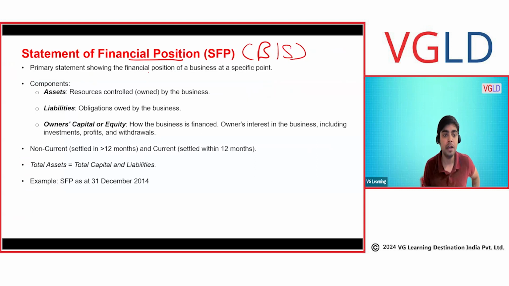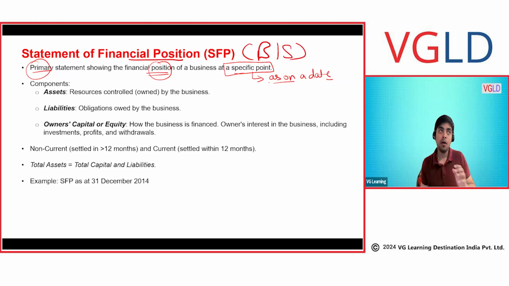Now it's fine. So the balance sheet primarily shows the position. What is the position of the business at a specific point? So please understand, many of you are aware, but for many, this would be a very important thing to notice. In case you are not clear with this, the balance sheet is always as on a date. What does it mean? What are your assets on a particular date?